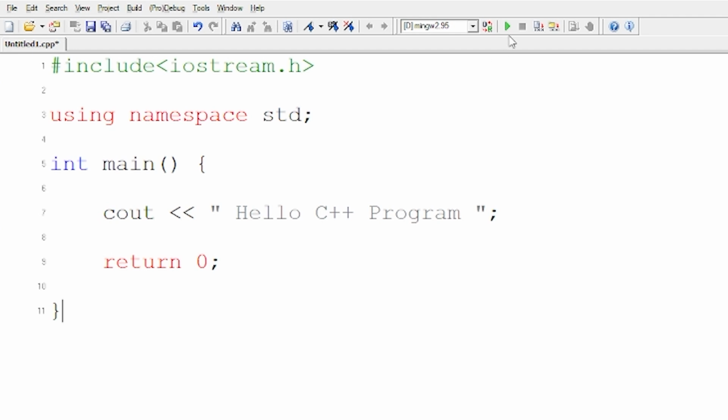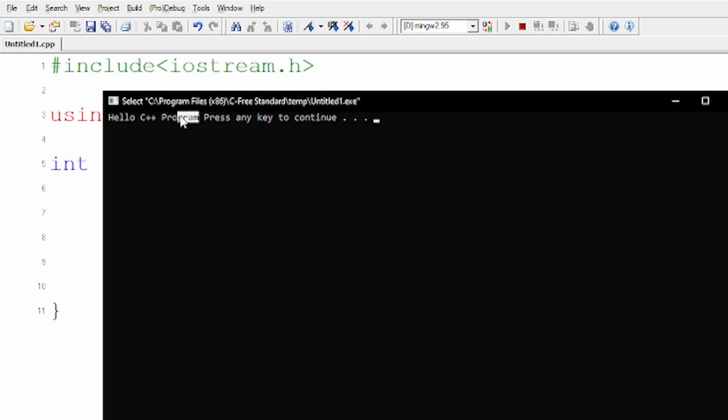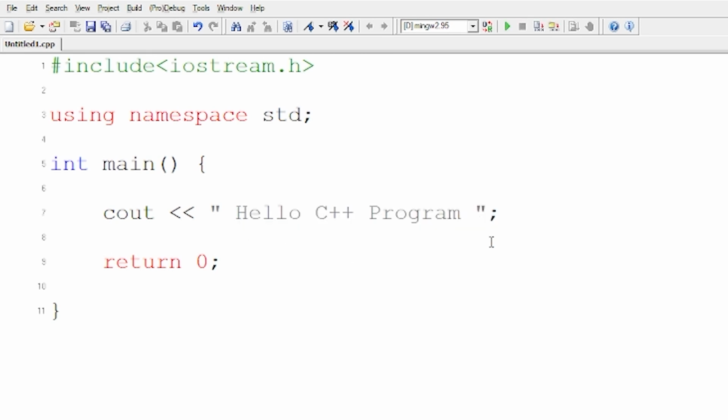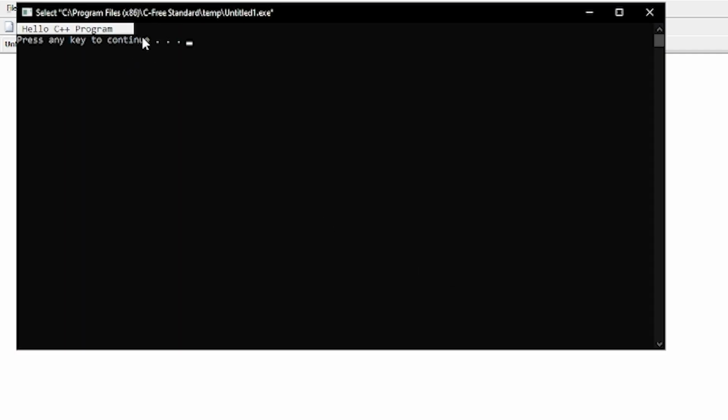Now, if I run the code, there are many ways to do it. I have a green play button over here, or I can press F5 on my keyboard. And as you can see, it has printed Hello C++ program. It's very simple, and I can do different experiments with that. For example, if I give an endl, that means end of the line, and I run the code, it will be the same thing, but this time the next line which comes will shift to the bottom line. So endl means the line has ended, and you can carry on with the next line.